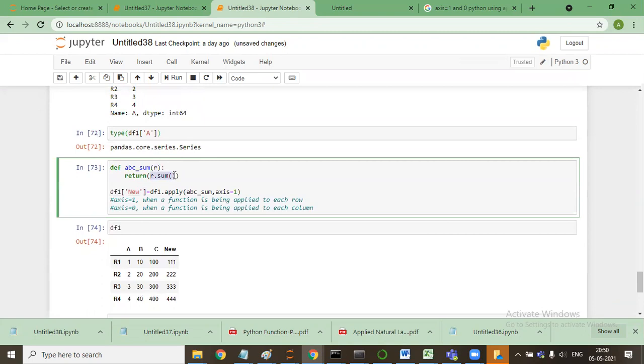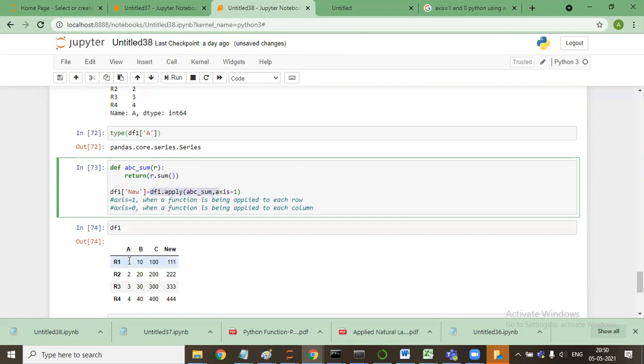This function will not work for any individual argument, because for an individual argument what would be the context of getting a sum. This function is specifically made for apply, because whenever apply is used, it takes a series and applies the function to it. So that's why I said df1.apply with axis equal to 1.